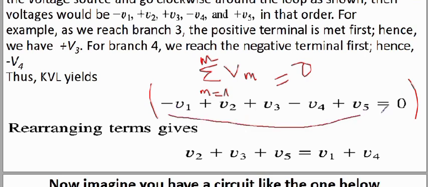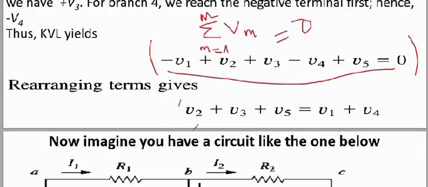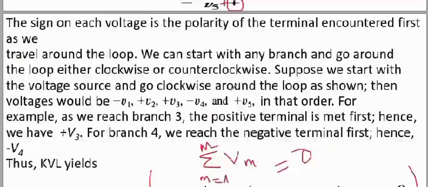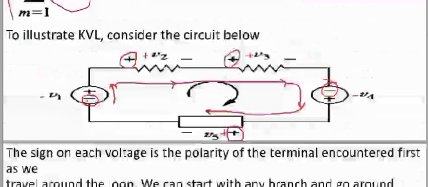So this is it. Alright, when you rearrange, you obtain this. Actually, this represents what? All the voltage drops in a circuit, and this represents the voltage rise. So let me show you how you can know if across a particular element you have a voltage drop or a voltage rise. So if you already know the sign of the polarities across the terminals of an element,